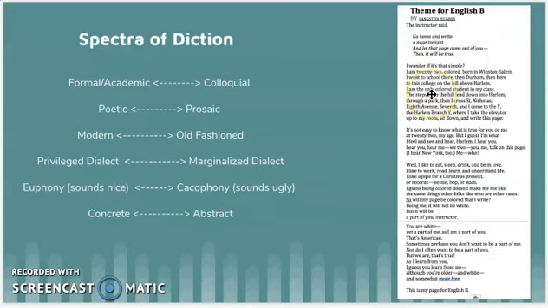I apologize that the poem's so small in the slide here, but I just wanted to have it up where we could look at it. And so, the example that we looked at is that I want to focus on this kind of privileged dialect versus marginalized dialect. There's this whole part where